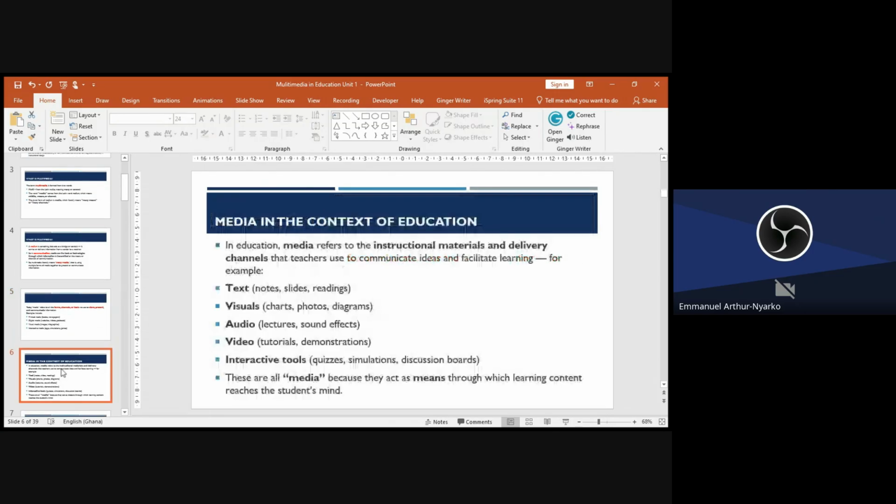Now, in the context of education, we've seen what multimedia is about.